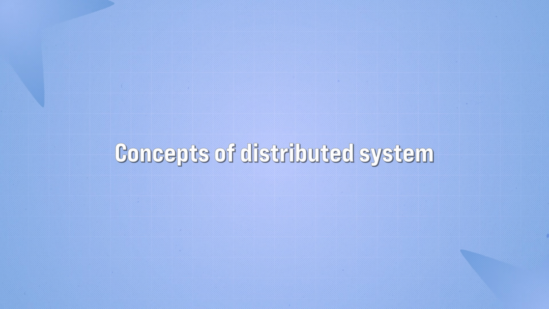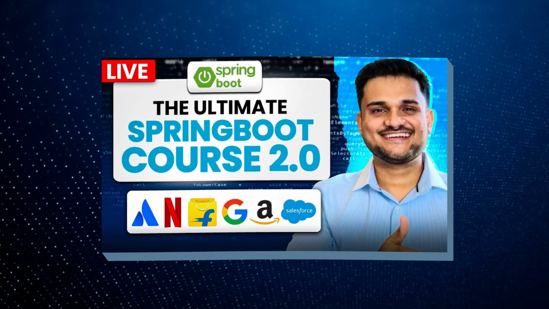In Lambda 5.0, we are going to start from absolute beginner level backend development in Node.js. But we are not going to just let you write CRUD APIs. We are going to move one step ahead and understand high scale architectures. We are going to understand the concepts of distributed systems, and the best part, we are going to actually implement it all. This is very similar to what we are already doing in our other Spring Boot cohort, but this time in Lambda 5.0, there are a lot more additions. In the further part of the video, I'm going to talk about all the new and interesting stuff that we have added in Lambda 5.0.